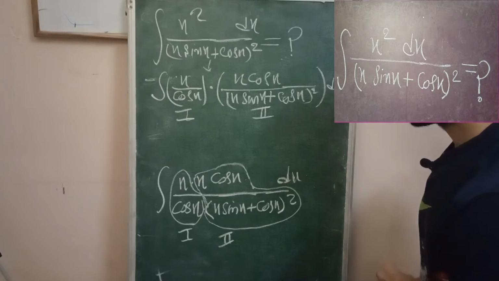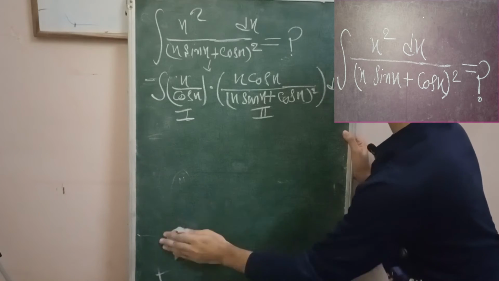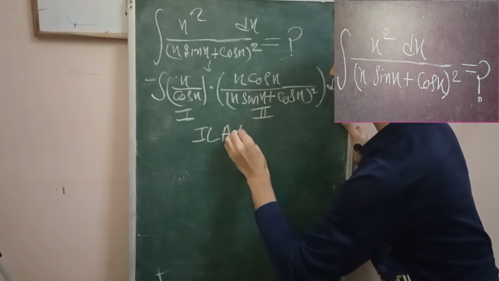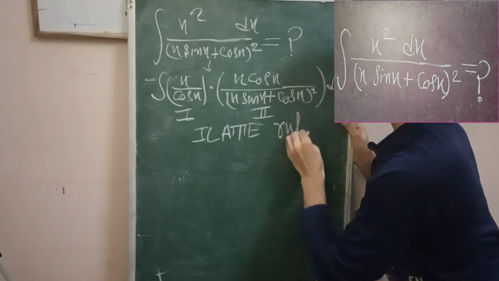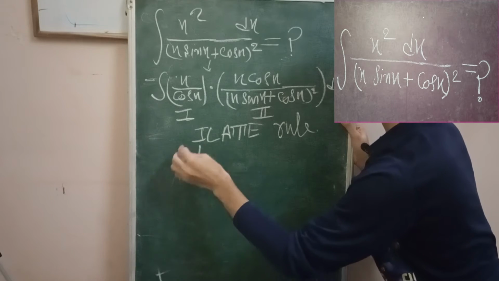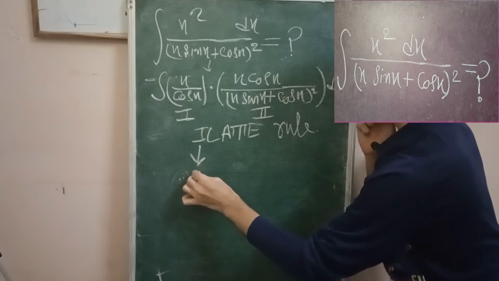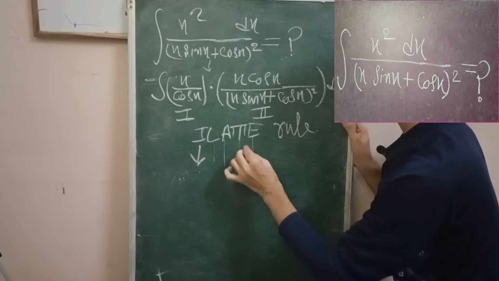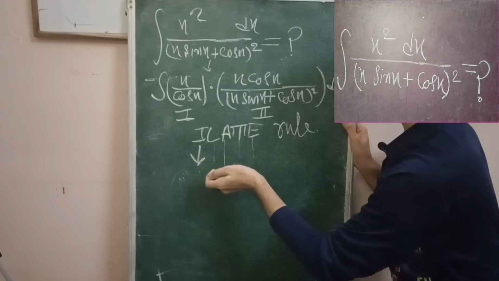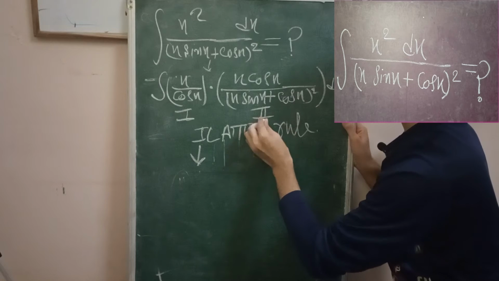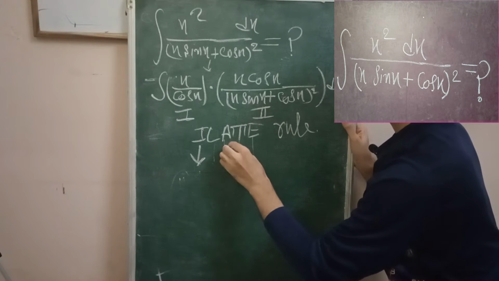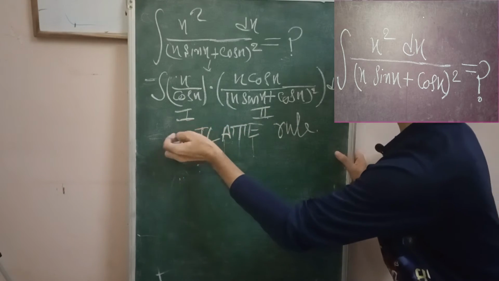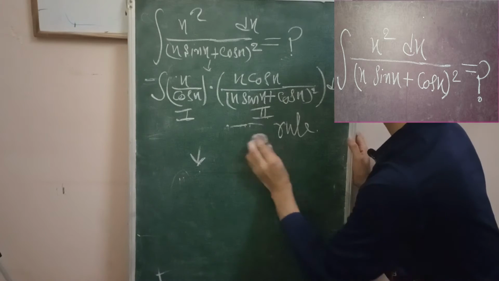Okay, so now what we have to do here? What type of function is this? See here we have to apply Euler rule. Just apply this Euler rule. As in the last question I have told you, what do you mean by this? I means inverse trigonometric, L means logarithmic, A means algebraic, T means trigonometric, E means exponential. See this is algebraic function, this is trigonometric function. So this is coming after this, so it is first function, this is first term, this is second term.